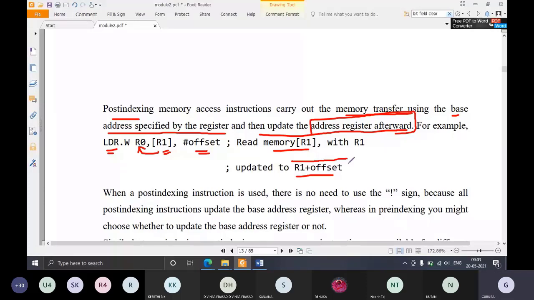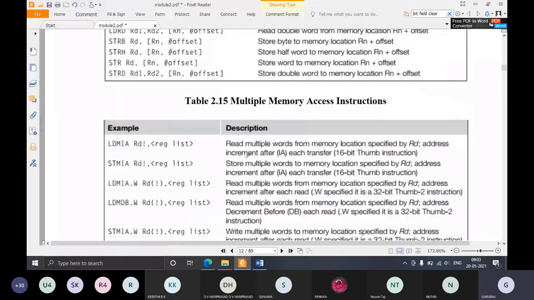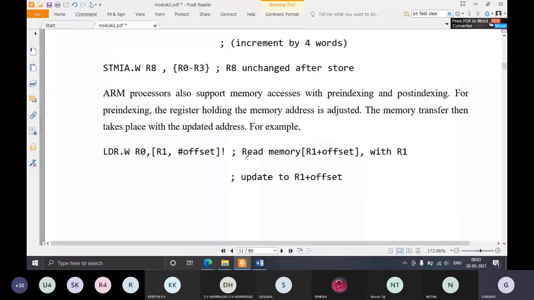Fine. So we shall take an example, with the same values that we had taken previously.